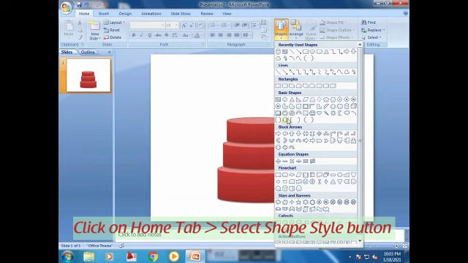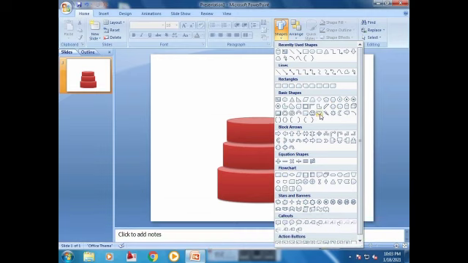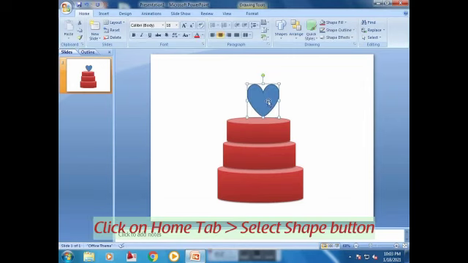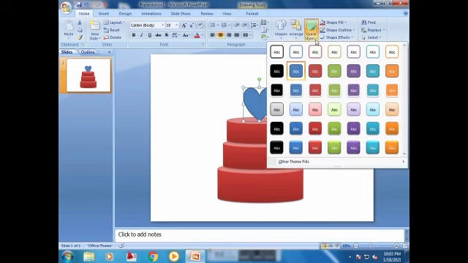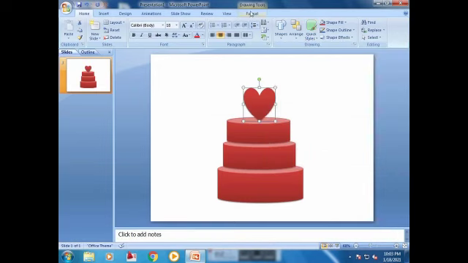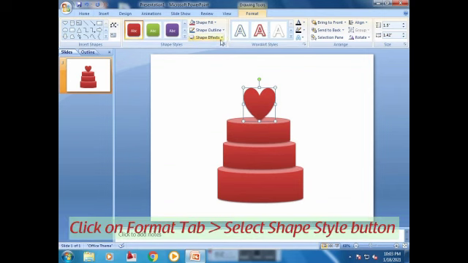Afterward, click on the Home tab. Go in a Shape tool and select the heart shape. Again go in a Home tab, Shape Style button and change the color of your shape.